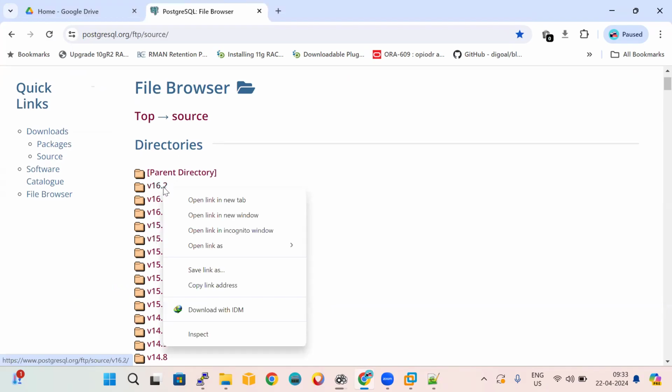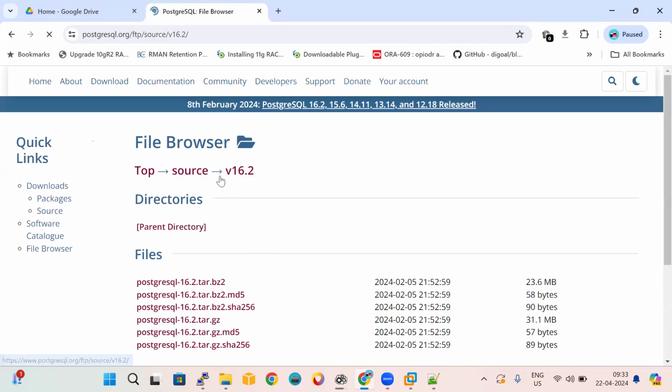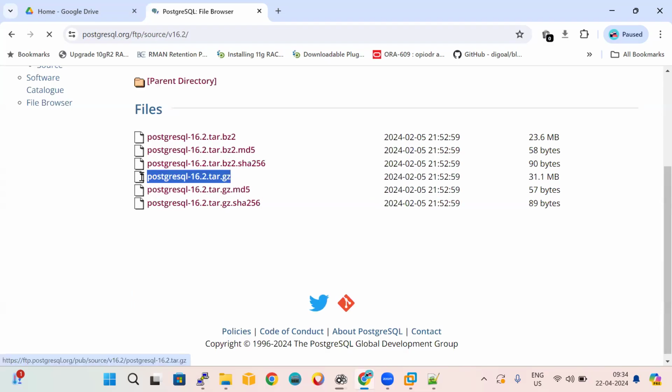I'll go to version 16.2, open it. Choose this 16.2, some 28 MB. Okay, 31 MB. Copy,